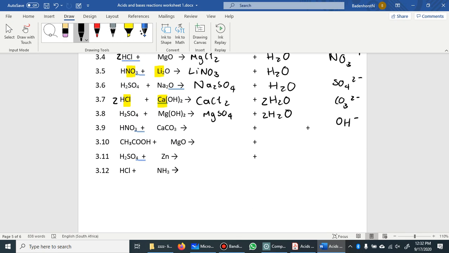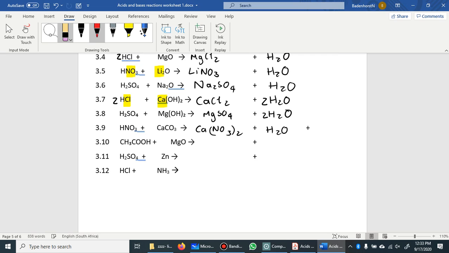The next one is an acid and metal carbonate. That is rule number 4. It'll give me a salt. So calcium is plus 2, nitrate is minus 1, so it gives me this in a bracket 2. Plus water, and careful of this rule, when you have a carbonate, you also form carbon dioxide, because that carbon needs to go somewhere. If we look at it and you forget that,